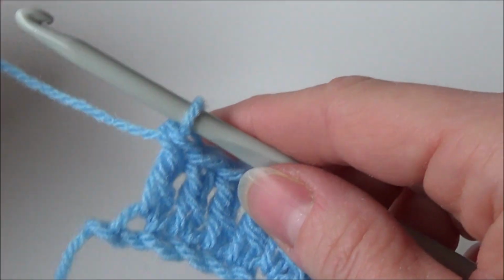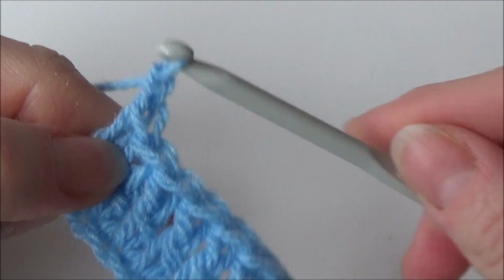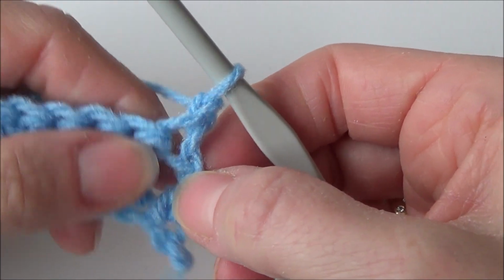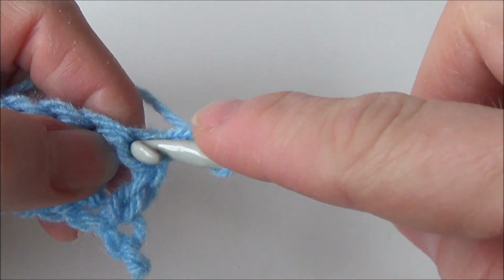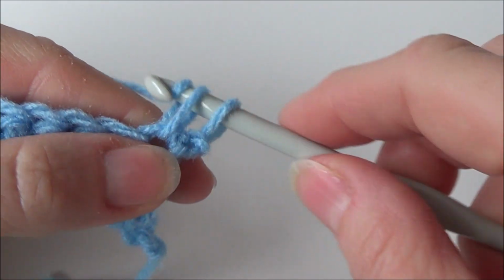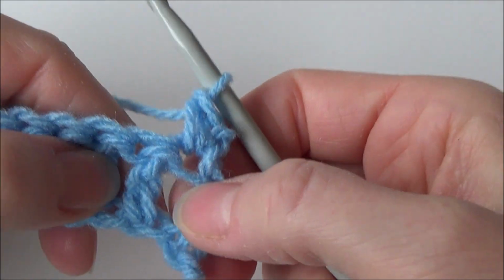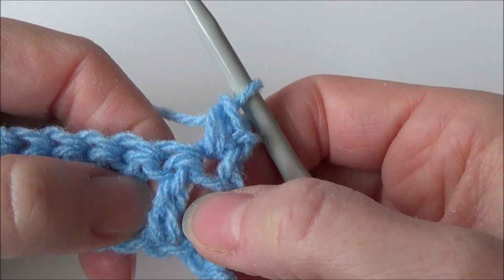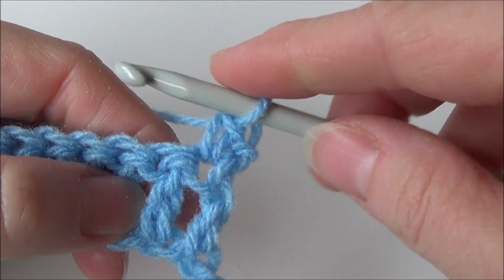So for row 2 we are chaining 1 and turning our work. This chain 1 does not count as a stitch. In that first stitch we are making a single crochet. And now in the second stitch we are making a back post single crochet. It means we are